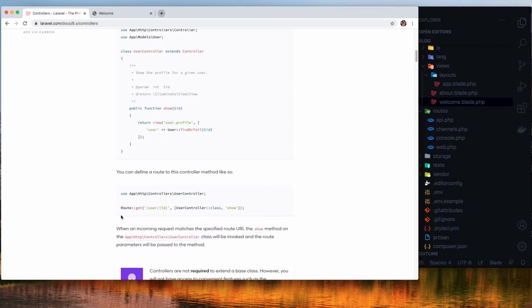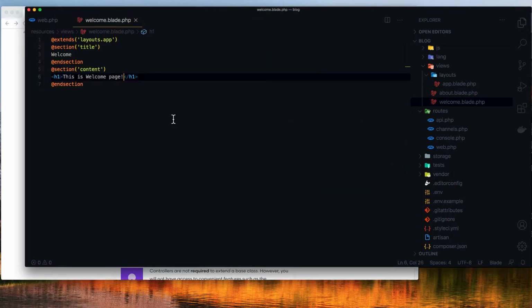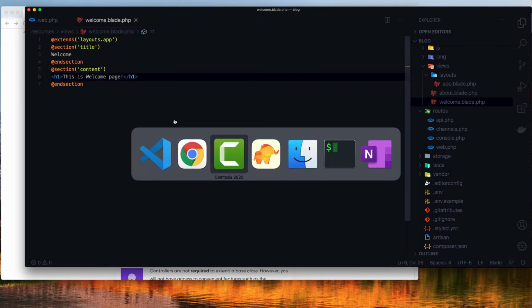After that, when we register a route and make a get request or put request or post request, we put the controller and that method. So this is the controller here and the method, and this method is handling this request. Okay, so I'm going to create